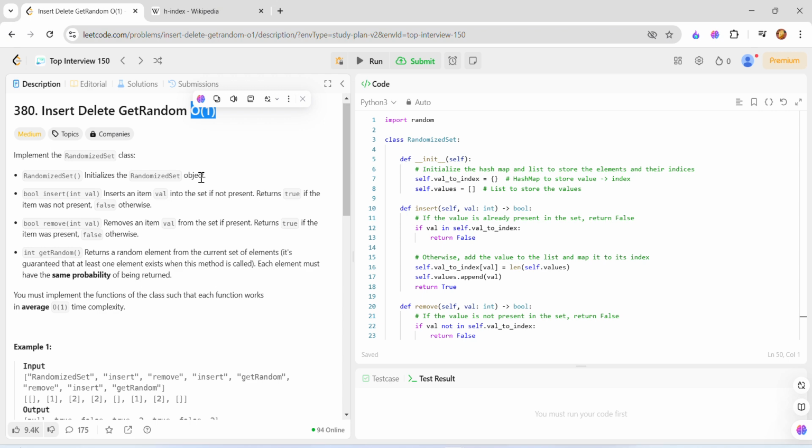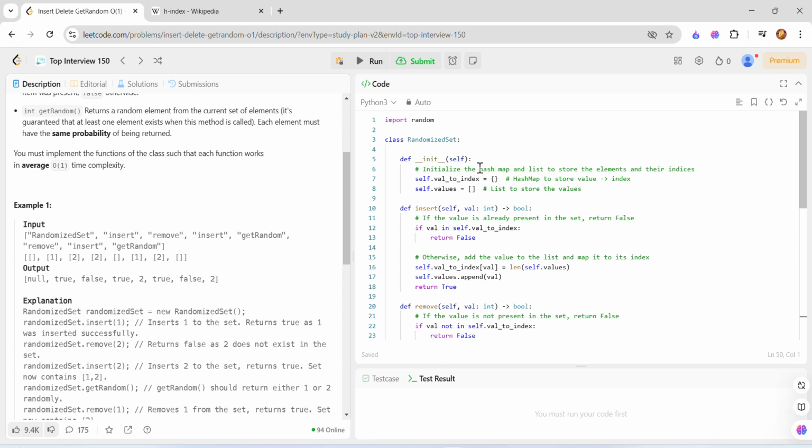That means we have to maintain the probability of retrieving any value from the list. So we must implement these functions so that each function works in average O(1) time complexity, so that it only takes O(1) time complexity to perform these operations: insert, delete, and get random. So the implementation is